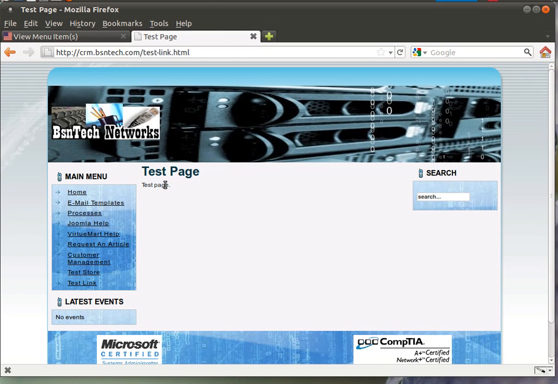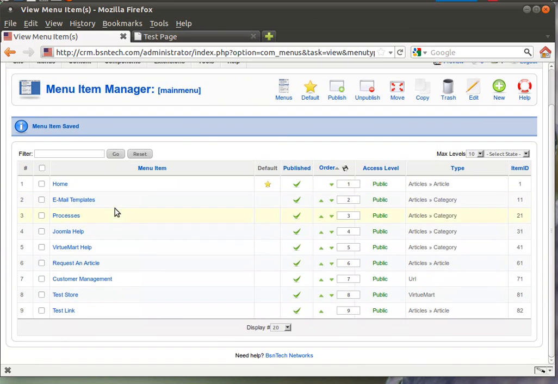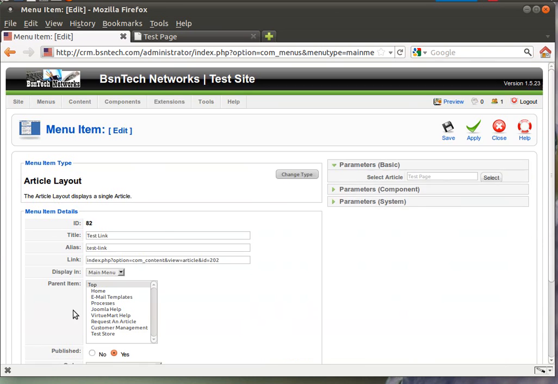Now, some websites that we create have hover-over effects, where links will appear if you hover over a link. On this site, it's basic, so we don't have hover-over effects. But in the instance where you have a main navigation bar across the top, and you have, like, Home, and then I wanted to add a link that will only appear if somebody hovers over Home, I would go into the menu, and for instance in this case I will choose this test link, which I've already created,